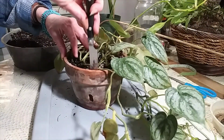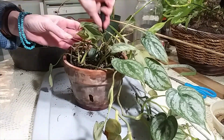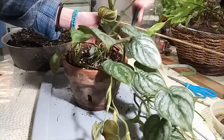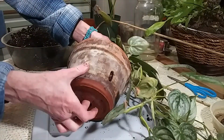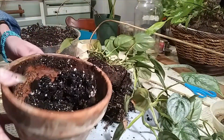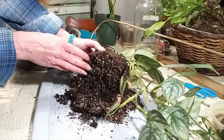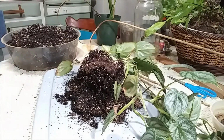I'm just going to kind of go around here, loosen her up a little bit. Like I said, she should come out pretty easy because I just watered her, but with these terracotta pots, you just never know. Yeah, she slid out nice and easy. I'm going to try to use the soil and put it back in her pot, but I don't know. I'm looking at the root system, and it's not humongous, so I think what I'm going to do is